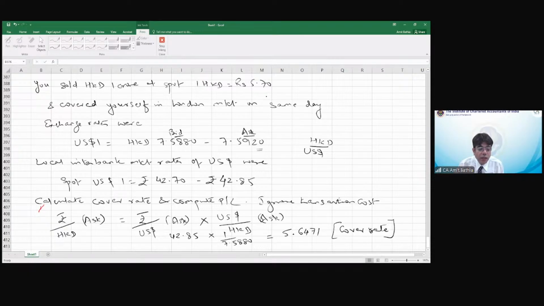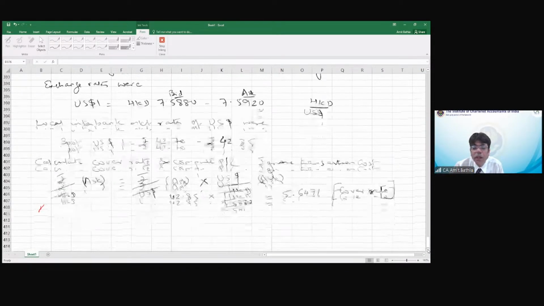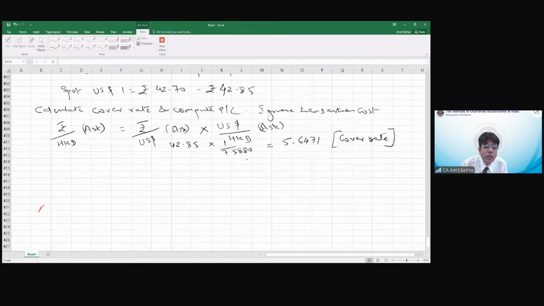Will I be making some profit in between? Yes, I'll be making some profit, right? So how much profit will I be making? Let's see. First and foremost, what will be my inflow? Inflow from sale of